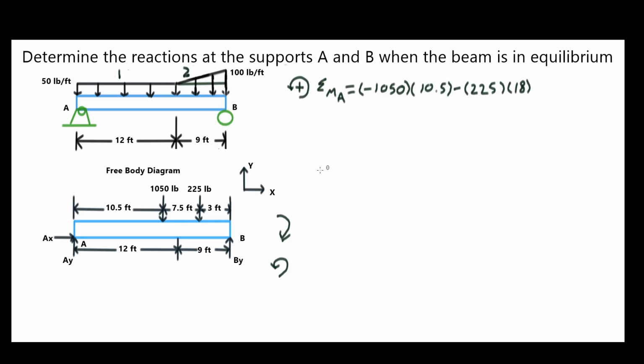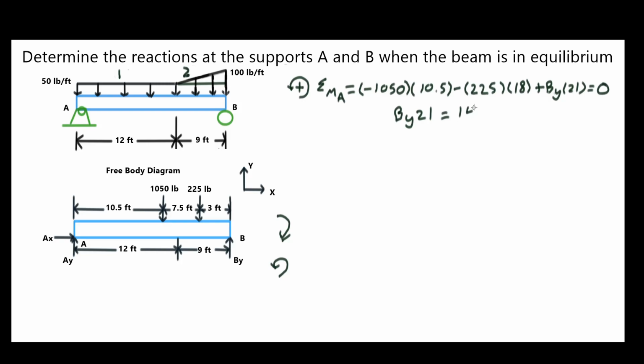And then the last part of this is our unknown variable, which is BY, or the force of B in the Y direction, and this spans the entire length of the beam. So you're just going to go ahead and multiply that by 21 feet, and that's going to be a positive value. So plus BY times 21, and that's equal to 0. So after you multiply all these out and isolate the variable on one side, you'll get BY times 21 is equal to